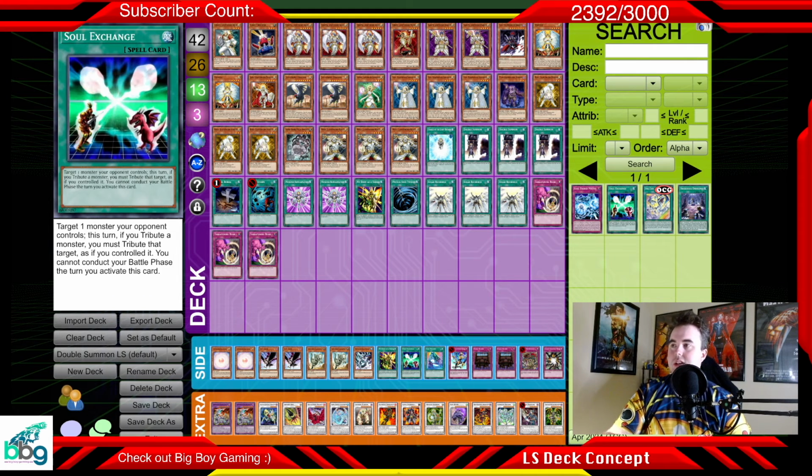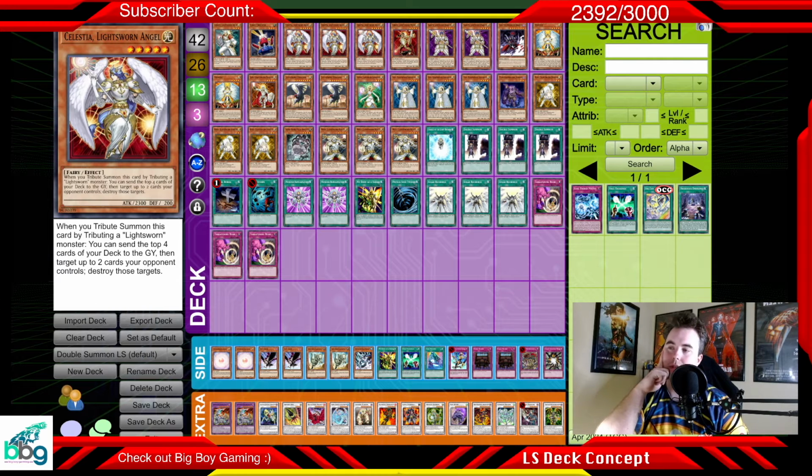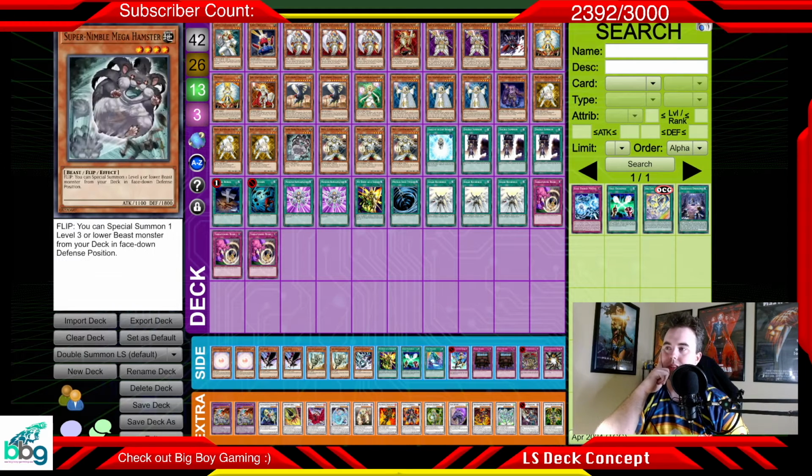So Soul Exchange is really nice, not only in the mirror match, but against like the Hamster Raiko decks, because you can Soul Exchange their Raikos toward your Celestia and be able to destroy multiple cards with it, which is pretty cool. So sometimes when you play against Vayu, they'll start off by setting Raiko, or maybe they start off with Hamster,